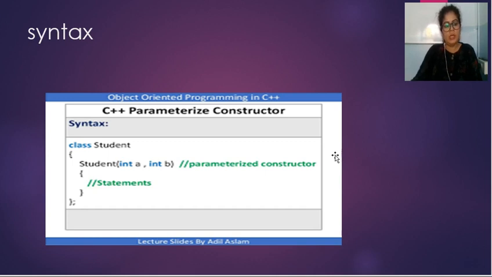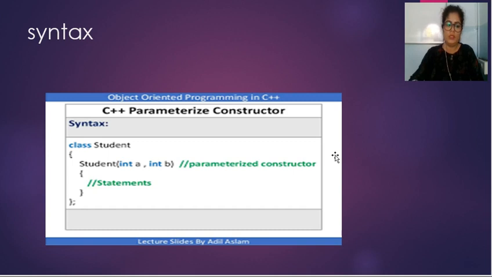The syntax is class student. Here, see, there is one more thing: we always have to use the concept of constructor within the class, because we create objects in a class. When we create a class, we have to create objects of that class. Similarly, whenever we have to use a constructor, we have to use it within a class. So see how it works. Class student. Class is a keyword, which means we are declaring a class. Student is the name of the class.